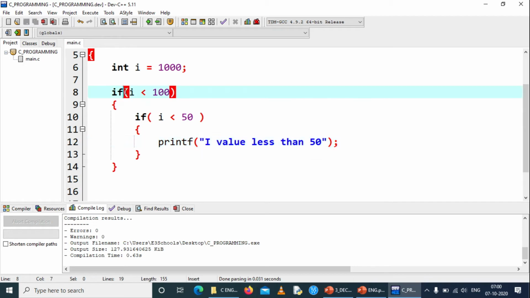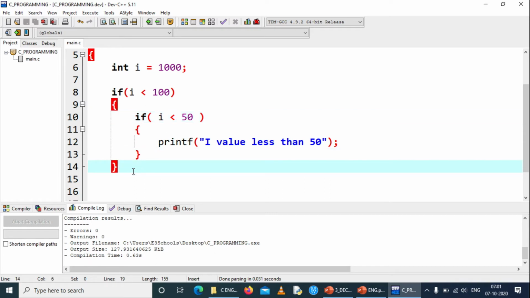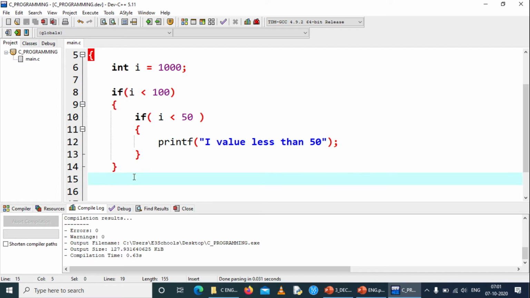So it will check the first condition. In case the condition is true, only then it will enter here. It will check the second condition. If I is less than 50, then this block will be executed. In case it is not less than 50, this block alone is skipped and the control will come outside. So this is the nested if statement.